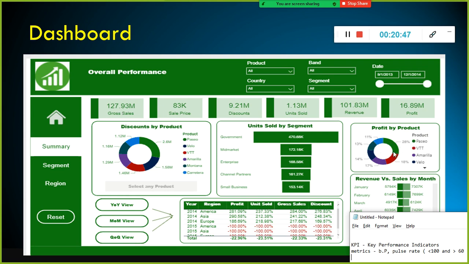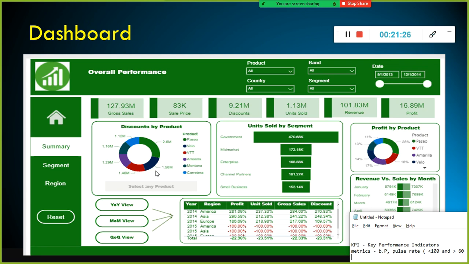So why are we getting more profit in Paseo than, let's say, the product Carretera? Carretera's profitability is not so good, while Paseo's is very high. Why? When you compare this one, you will get the answer. Since we have given more discount in this product, the profitability is very high. Now the question is, can I generalize this statement? If I give more discount, my profitability will also be more. Can I generalize like that?